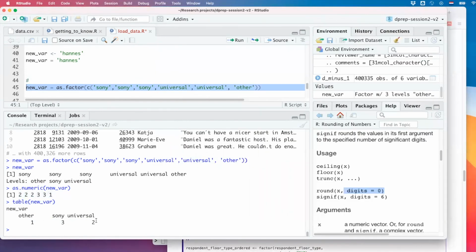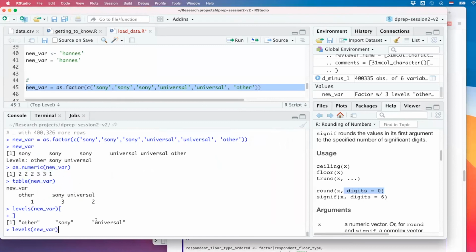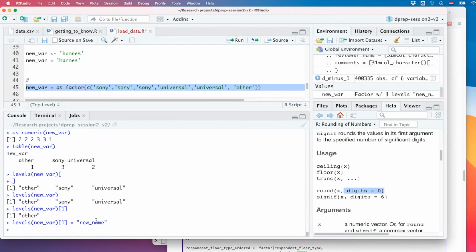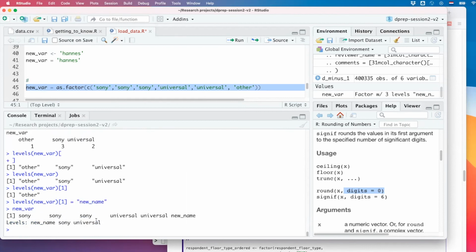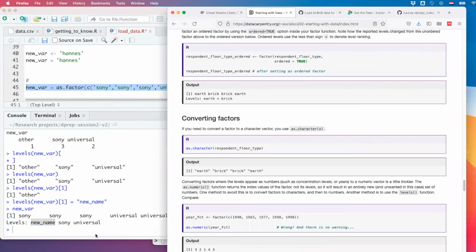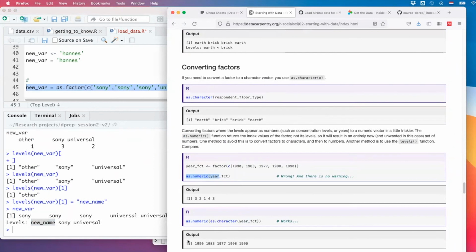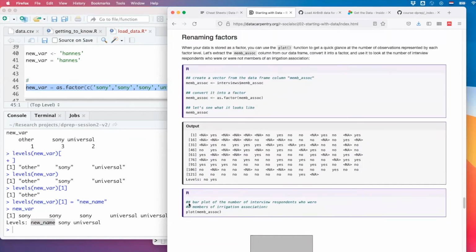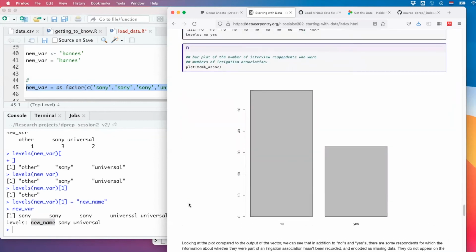And you could also relabel these things. So if you take the levels of mule var, these are the labels, and I'm selecting the first label, and now I'm adding a new name to this label. It automatically gets renamed for all of those. See? So it's a way better way to handle this type of data. We can also convert them back into characters and numerics, and all of that works very well. So we can rename the factors, which I have just done. And yeah, we can do some